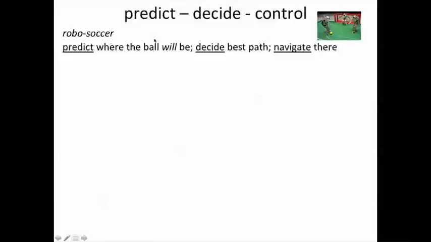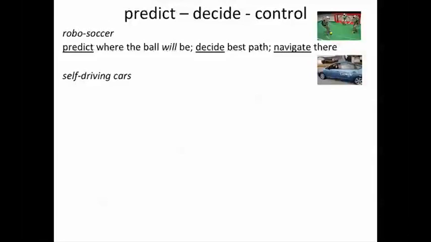Prediction is very critical. The ball may be moving with a certain velocity, and the robot needs to figure out where it's going to go, much like our very first example of the paddle game in the 0th lecture of this course.